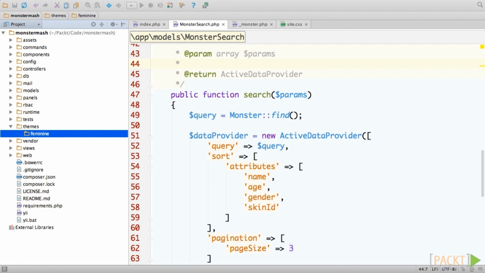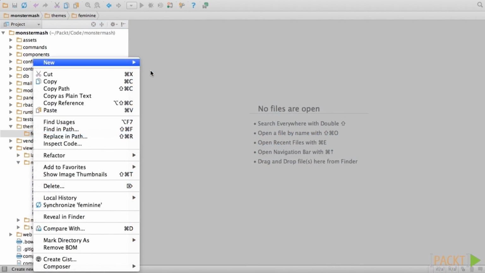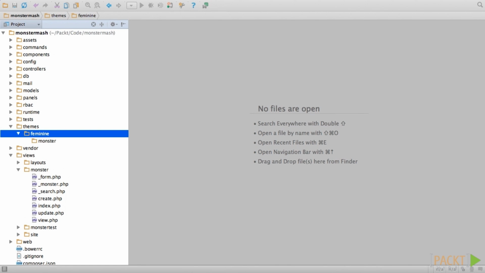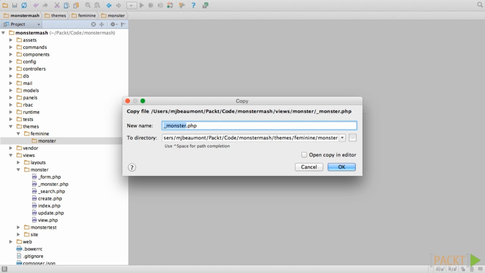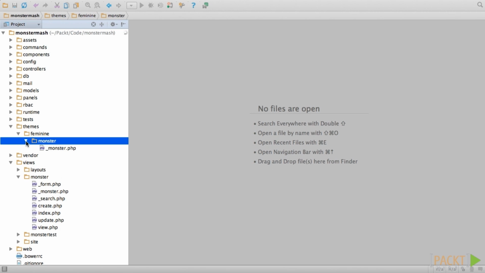Yii will first look for a view in this new theme directory, and if it finds the file, it will load it. If it doesn't find the view file in the themes directory, it will go back to the original views directory. We're going to take the second approach in this video. Create a monster subdirectory, and then paste views